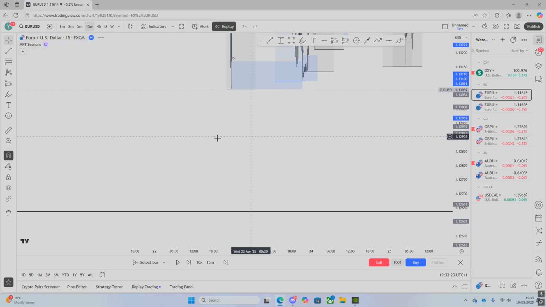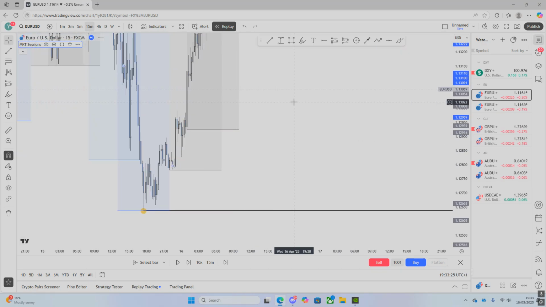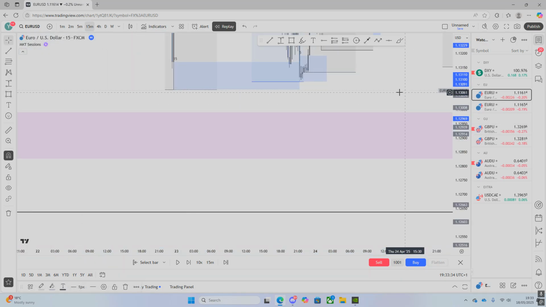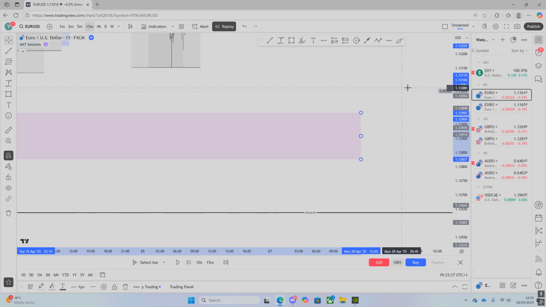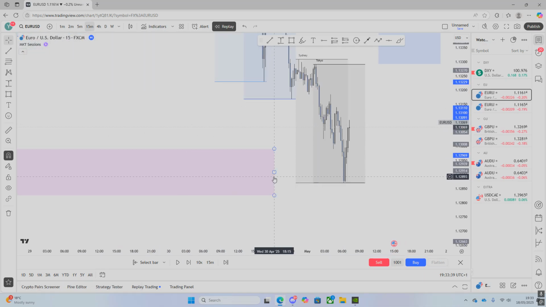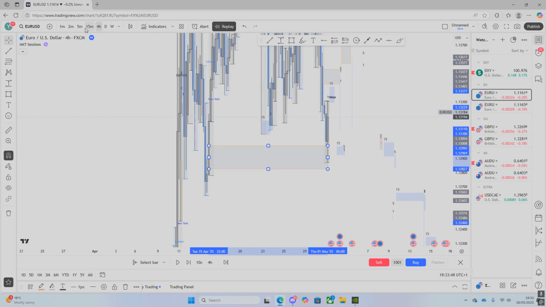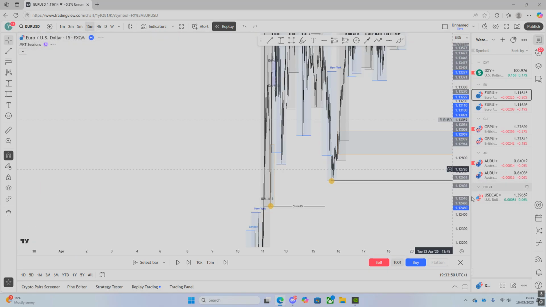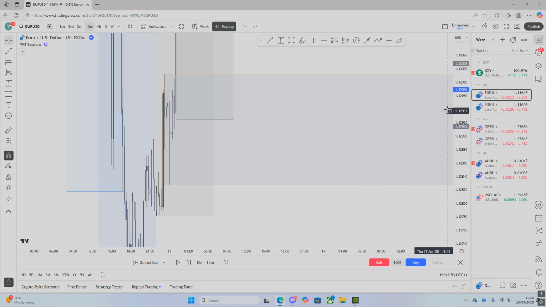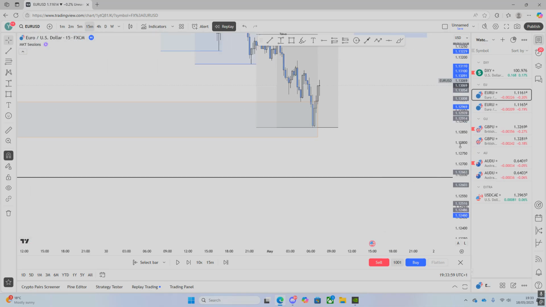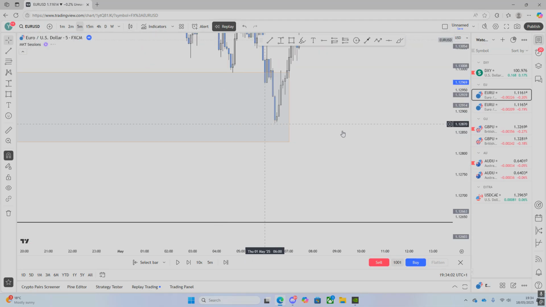Just checking if there's any 15-minute POI on the left. Let's see if it reacted off this. Okay. Yes, it did. Make that an order flow. Alright. So just double check that's a good POI. Yeah, it is. Alright, don't want to take too long, but